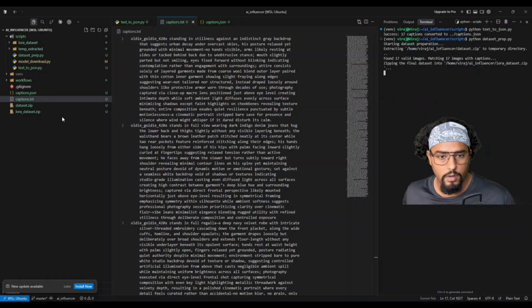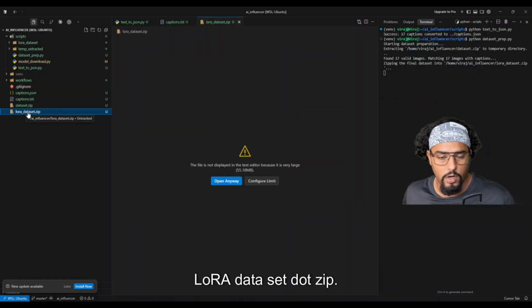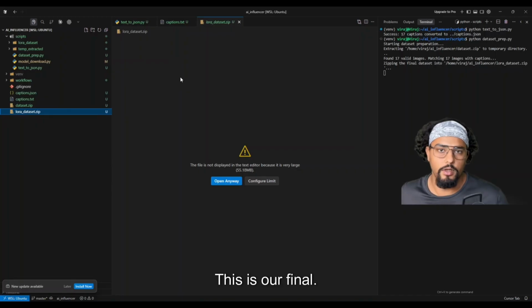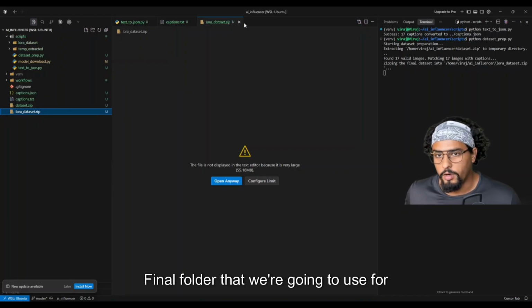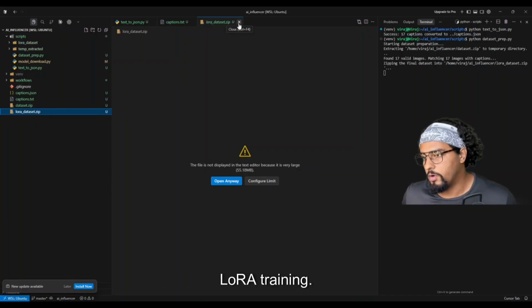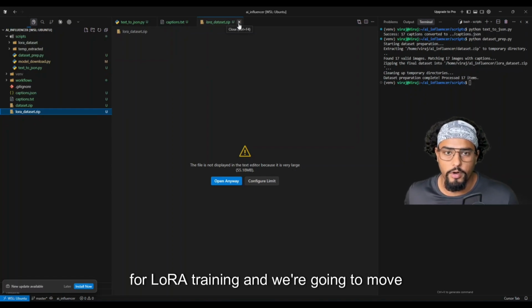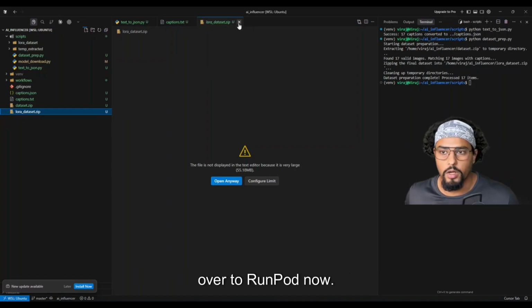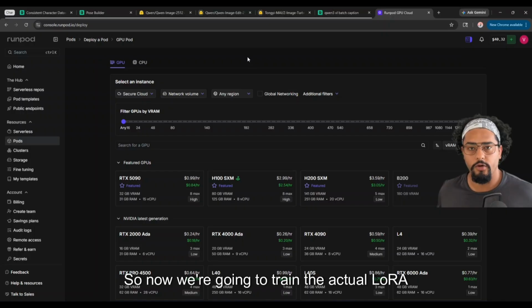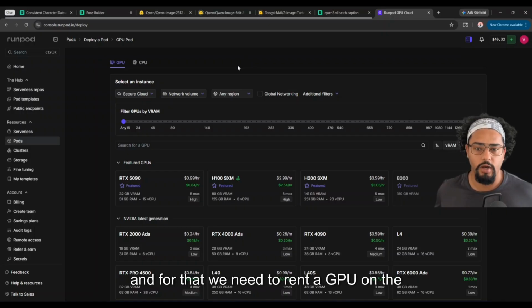Great. So this folder, LoRA dataset.zip, is our final folder that we're going to use for LoRA training. We're going to be using Ostris AI Toolkit for LoRA training, and we're going to move over to RunPod now. Great. So now we're going to train the actual LoRA, and for that, we need to rent a GPU on